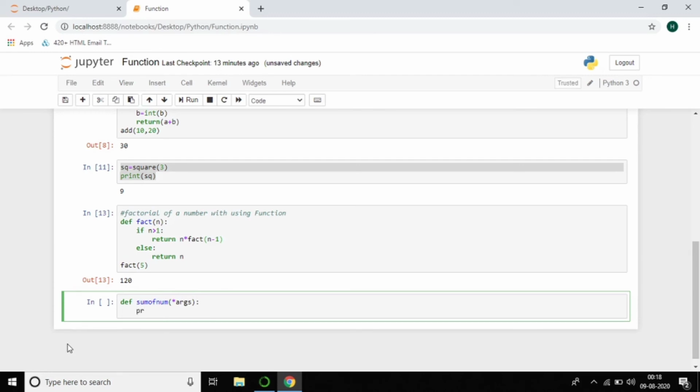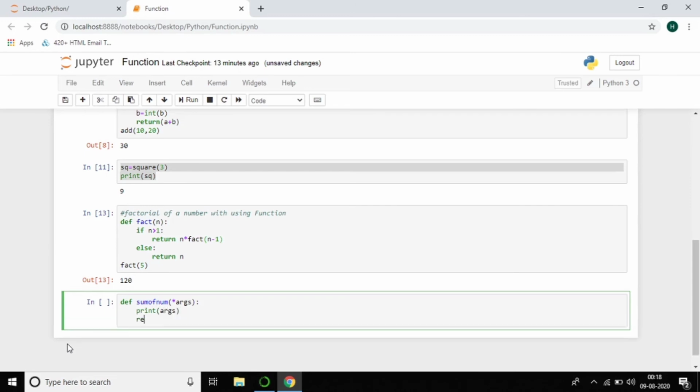Now you can print args, and you can return that. So return sum, the default function, which will do the sum of all the args.